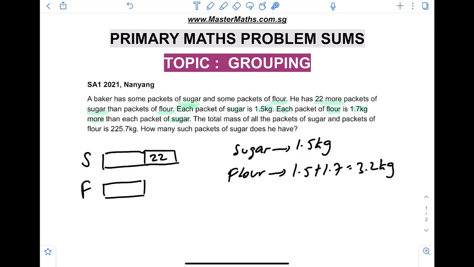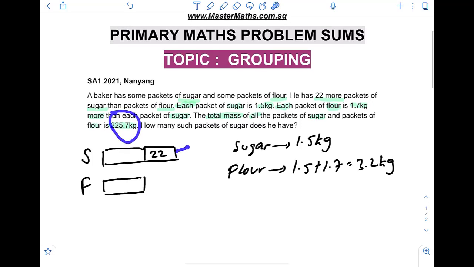Now the total mass of all the packets of sugar and packets of flour is 225.7 kilograms. This is the total of everything here. Now how many such packets of sugar does he have? This is our question mark. Now what we can do for this question